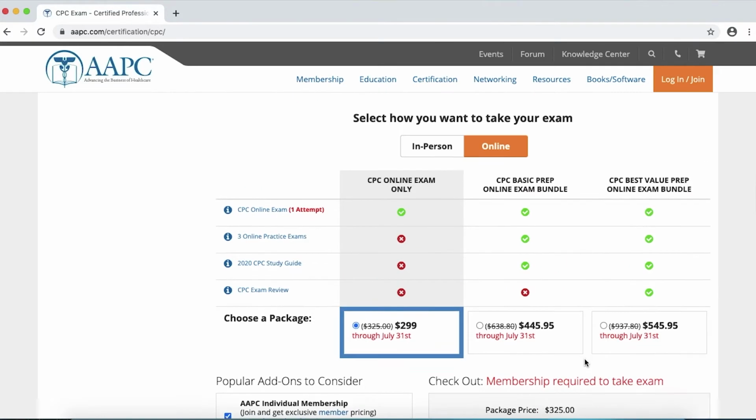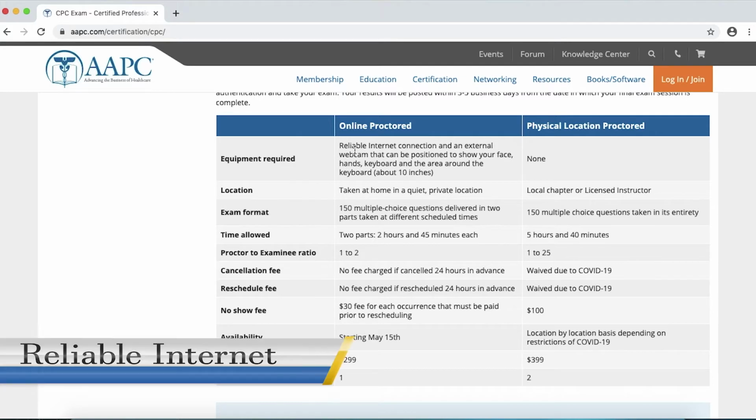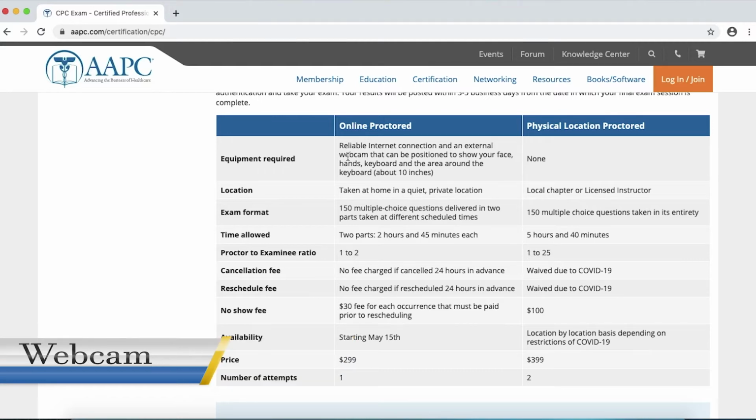Now there are a few things which you need to be clear about before you book for this CPC exam. The first thing is that you should have a very reliable internet connection. There should not be any problem or issue with your internet connection, because if there is some connectivity problem during the examination, then they will not take any responsibility and the money will go waste. So make sure that your internet connection is quite strong. Then there should be a webcam which clearly shows your face, your arms, and the desk on which you are giving the exam. So everything should be visible.